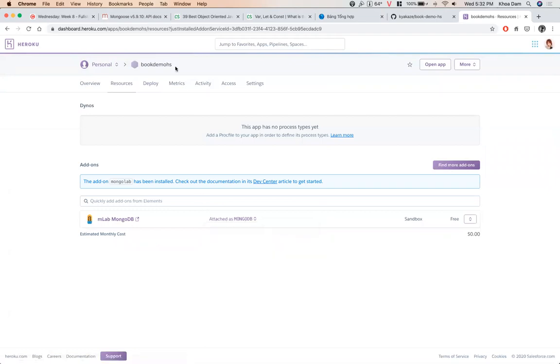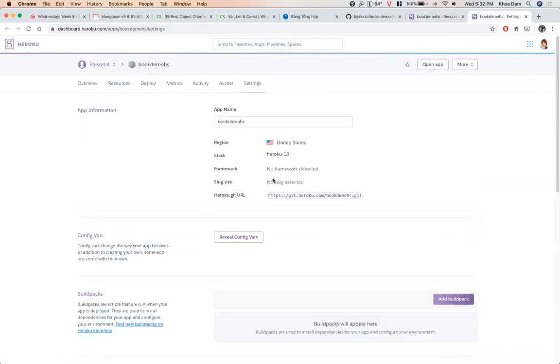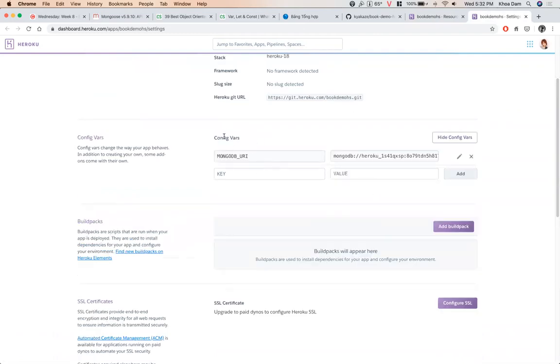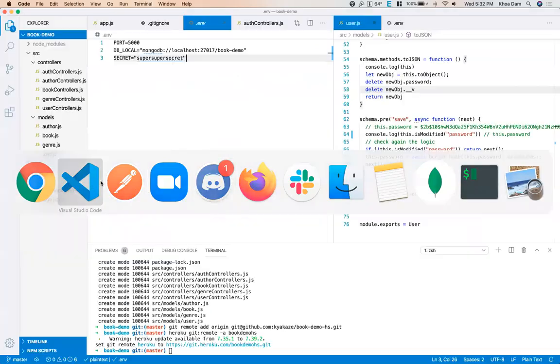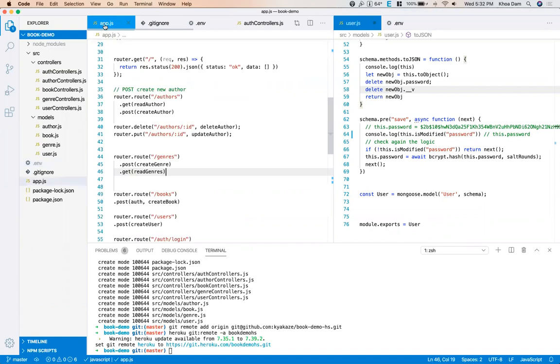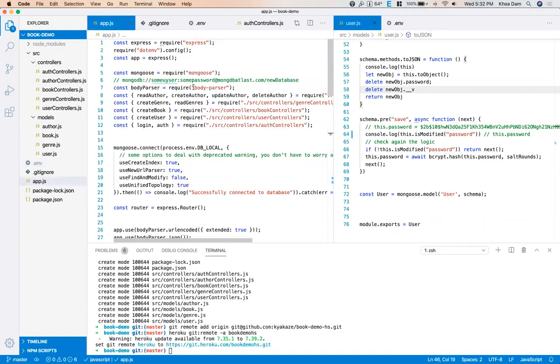Yes. Now, if you take a look at your settings, click the settings, right? Scroll down a bit and review the config. So you will have something called MongoDB URI, and this is the value. So basically, this is the string here, right? So now you have two options. You either change your code